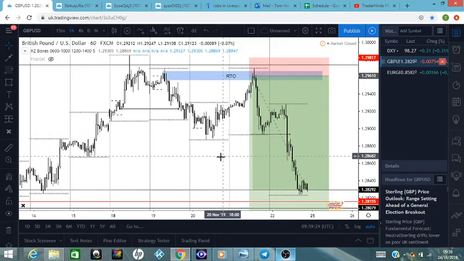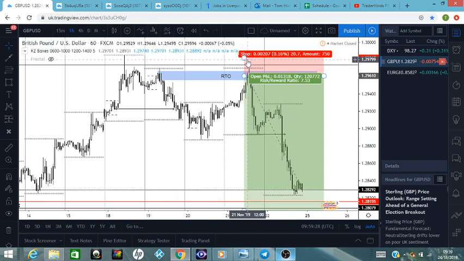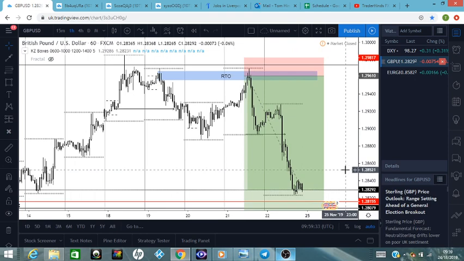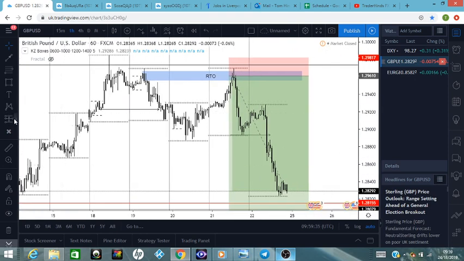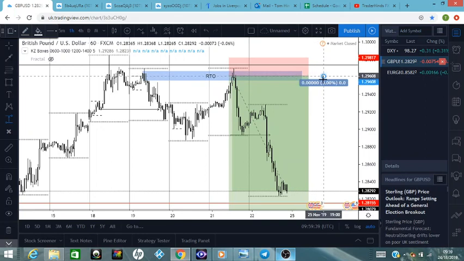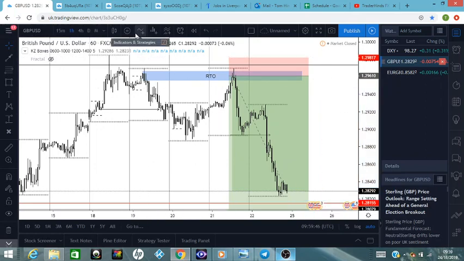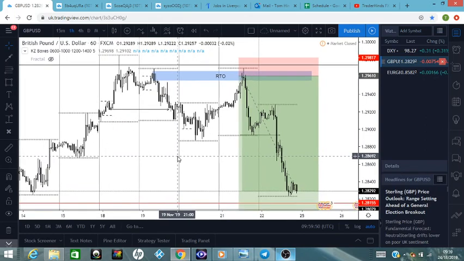But the risk reward was so great that I was happy to take a 2 hour stop loss, and we've eventually, this is Sunday, so the price range so far from the entry point, we're at 130 pips. So you know, the risk reward ratio was absolutely fantastic, but there's a good reason and an easy reason how I could have avoided the loss